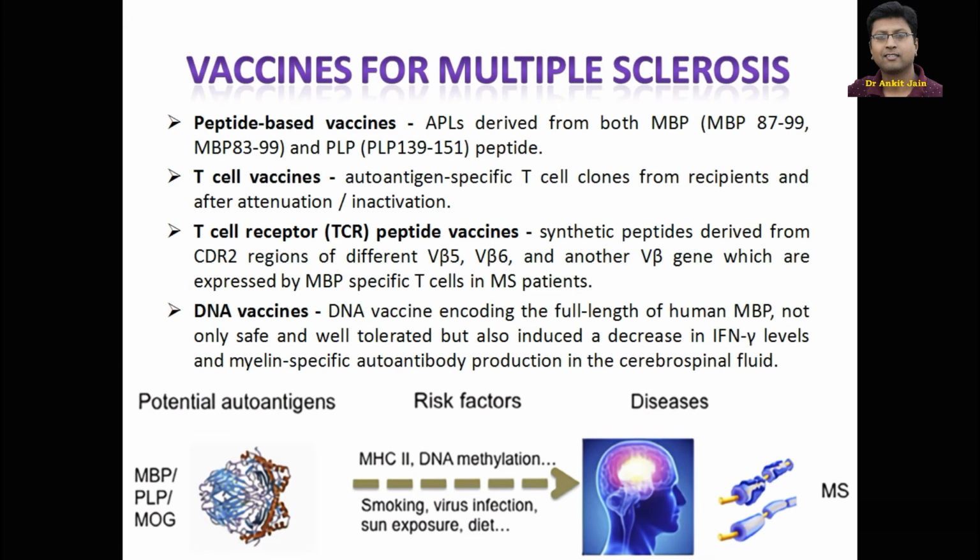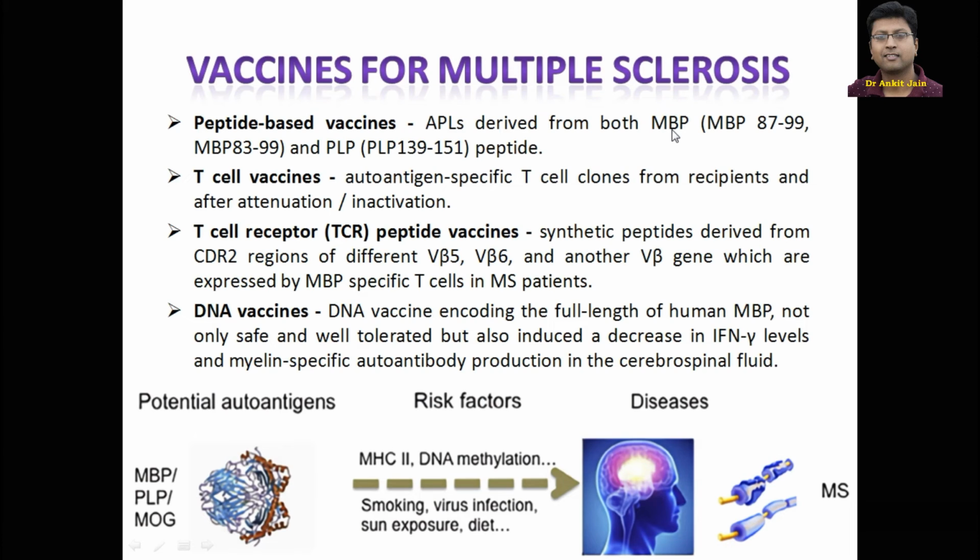Now next is the vaccine for multiple sclerosis. In multiple sclerosis, there is demyelination of the nerve fiber. So there is damage of the nerve fiber due to the myelin basic proteins, PLP, meaning proteolipoproteins, and MOG, that is, myelin oligodendrocyte glycoproteins. So against these the antibodies are formed, and for that we have changed this particular antigen type in the myelin